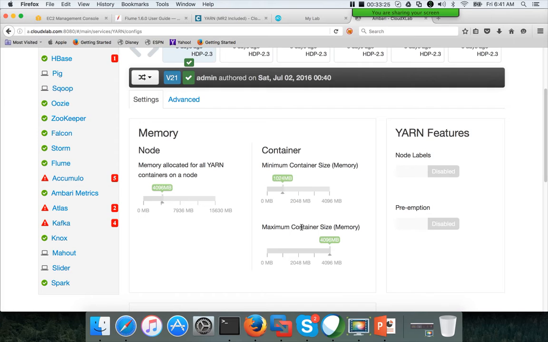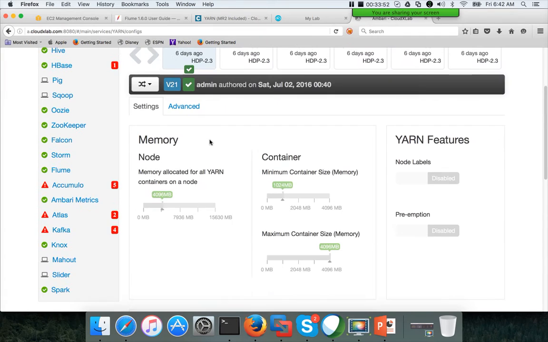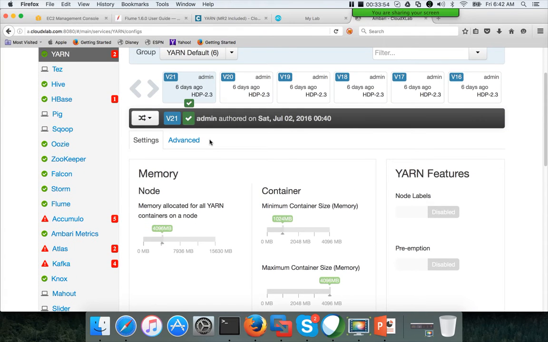Unlike Cloudera, where the window to review and configure the settings during setup is different from the configuration section after the cluster is set up. While setting up you will see the configurations in a different manner, and after setting up you will see them like this. Whereas in Ambari it will look exactly the same.